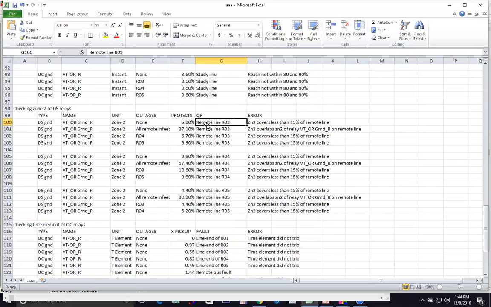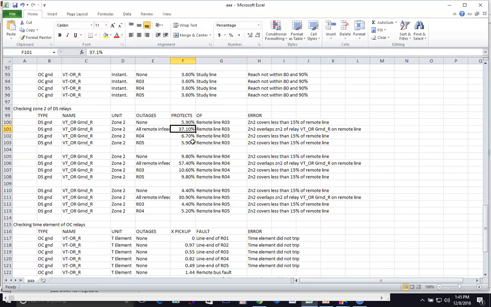You notice that with no outage, the zone 2 goes to and covers 5.9% of the remote line. Now it says that my limit is 15, so this is less. But if you don't care about this, put 0 in there, and this kind of check will go away. And then when I remove all the in-feeds, and usually this is when the zone 2 would go the farthest, in this case, it went to 37.